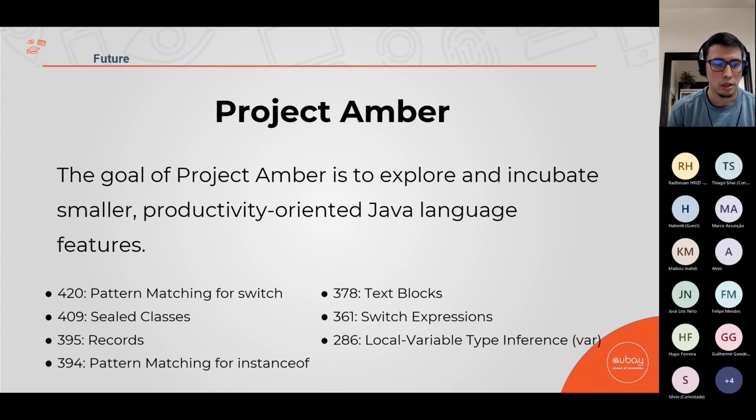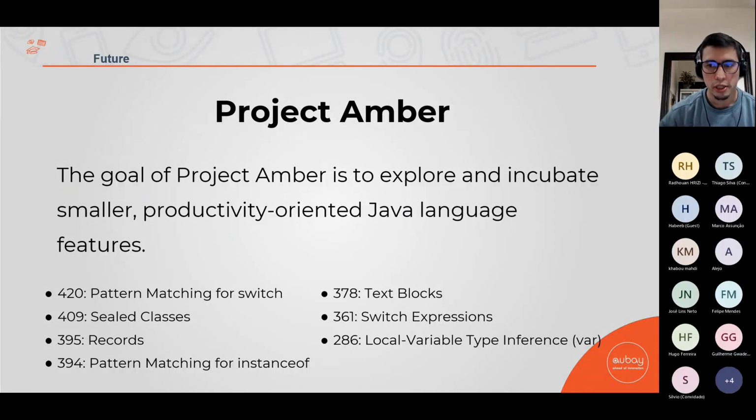So probably these features will help you as a developer in your daily activities: pattern matching for switch, sealed classes, records, pattern matching for instanceof, text blocks, switch expressions, and also local variable type inference, the var.